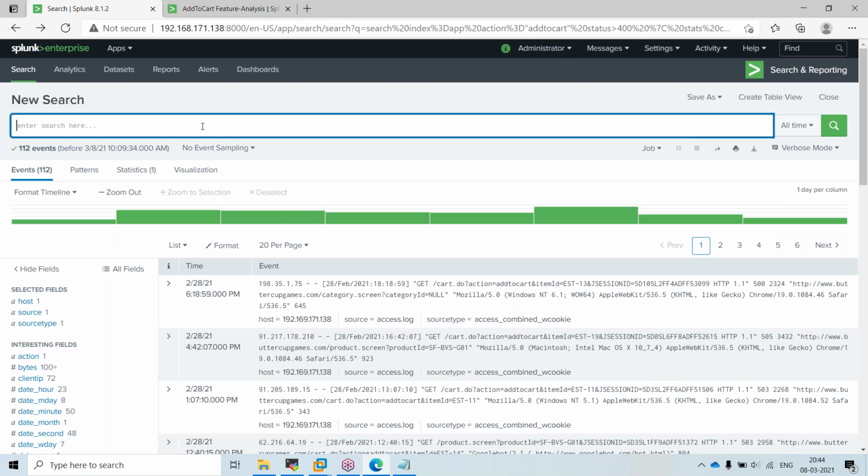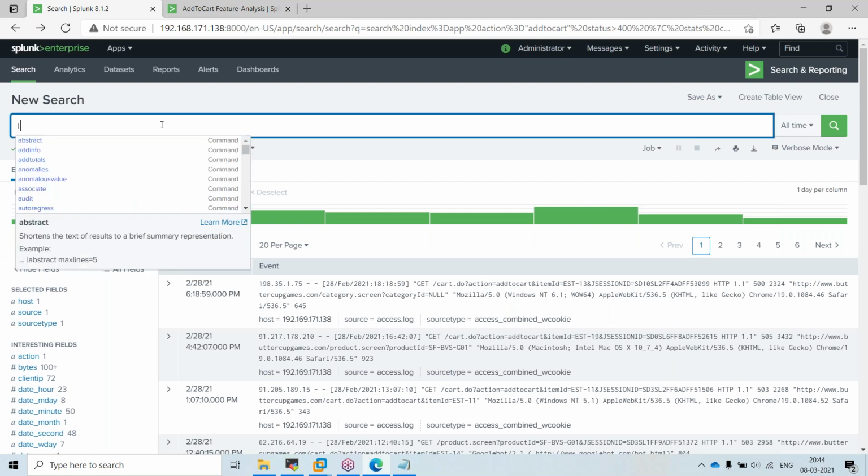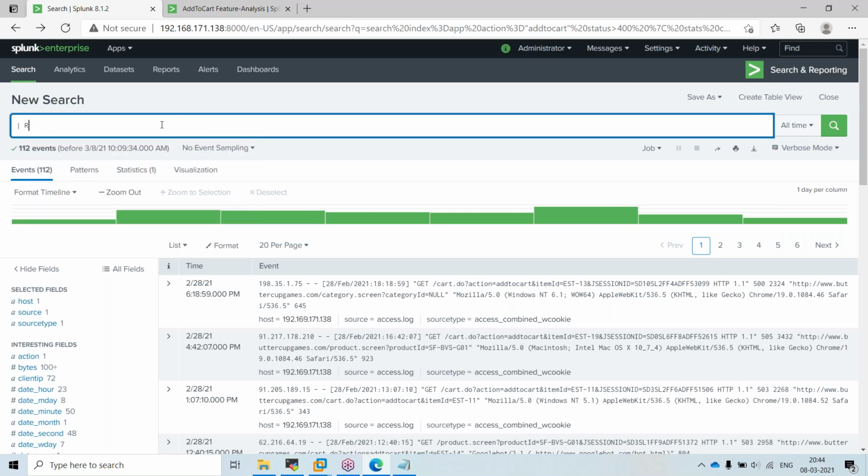There is one command: pipe rest, slash services, slash indexes.